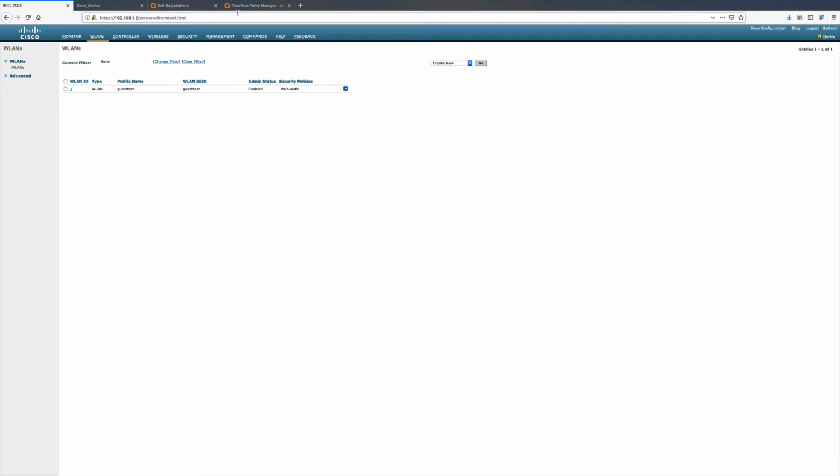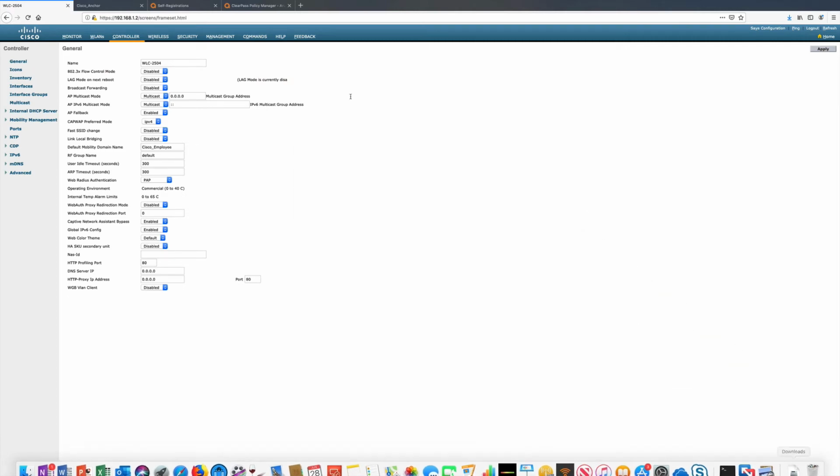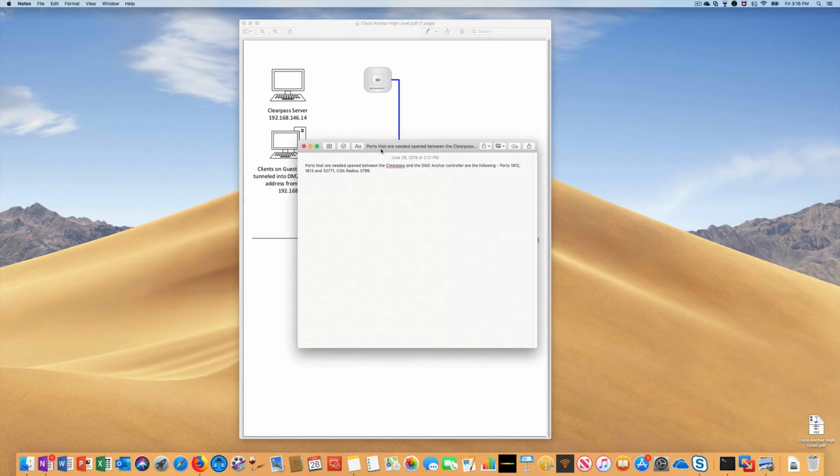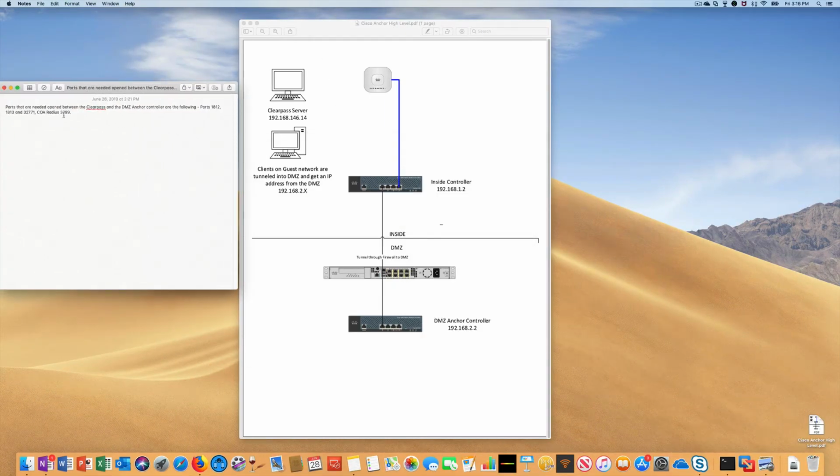Make sure in your firewall that there are different ports that need to be opened. These are the ports that I had to open in the firewall to work. All the communications in the firewall that we could see were between Clearpass and the Anchor controller, the IP address of the Anchor controller, and my IP address is